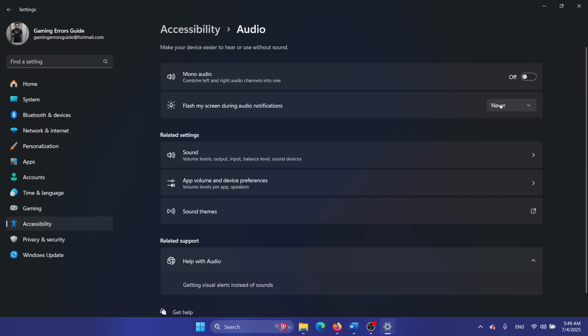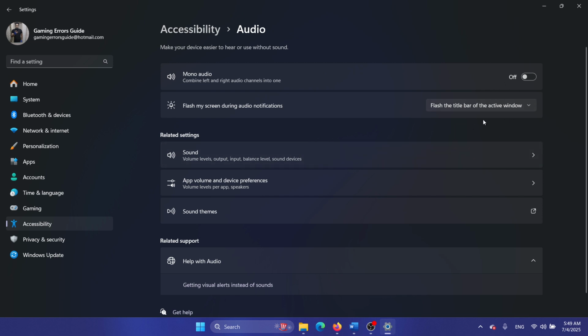So earlier it would refer to visual alerts, now it has been changed. So this is how you can create visual alerts. Flash the title bar of the active window, or flash the active window itself, or flash the entire screen, whatever you prefer. See, here's the thing, I prefer to flash the title bar only, so that